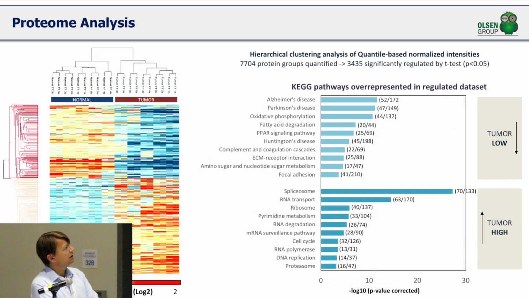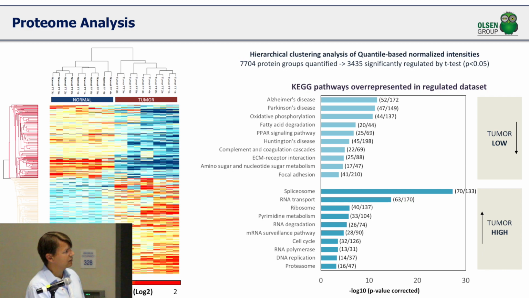And again, we can see that with this very nice acquisition, very fast, and the quantitation by the TMT labeling, we can very easily separate the tumors from the normal patients. And again, we can see that the KEGG pathways that are overrepresented in the healthy condition are all the things that have to do with what normally is going on in the colon, whereas in the tumor situation, we see again that there are lysosome and ribosomal